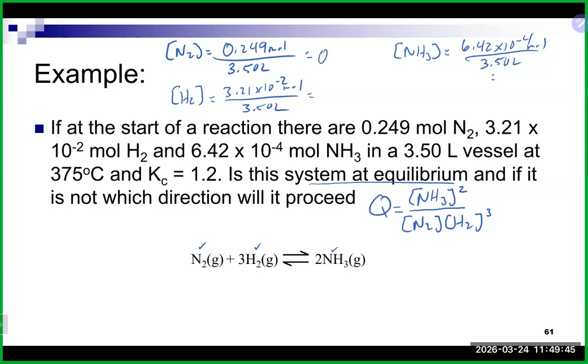Now we'll go 0.0711. Then 3.21 times 10 to the minus 2 divided by 3.5, 0.00917, and lastly 6.42 times 10 to the minus 4 divided by 3.5, 0.000183 molar. So now that we have the concentrations of each of these, we can actually go into our expression here. And if we do that, looks like we have